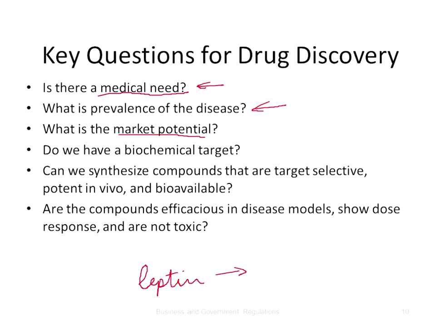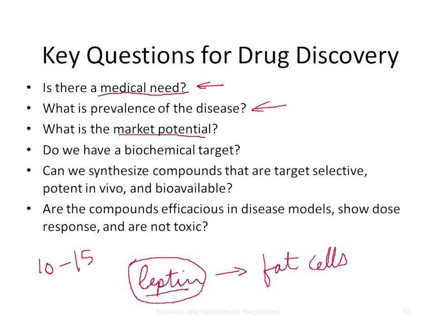So it turns out that there may be like 10 or 15 people in this whole world that have a deficiency in leptin, and they are obese. They are morbidly obese, and for them, if you give them leptin, they will lose weight very, very quickly. But having a patient population of 10 to 15 people is not going to be very attractive in terms of